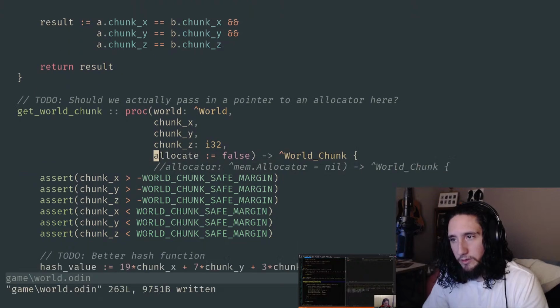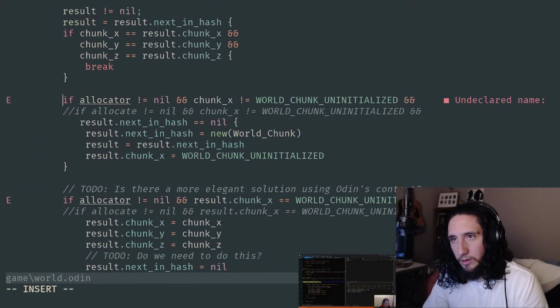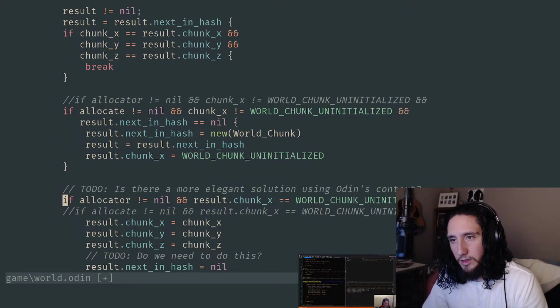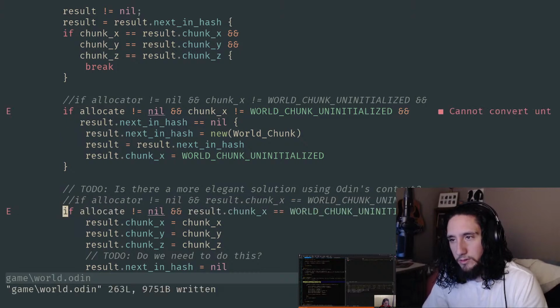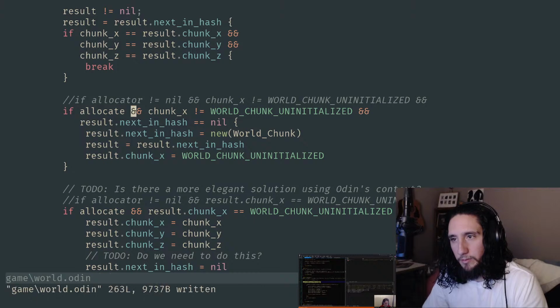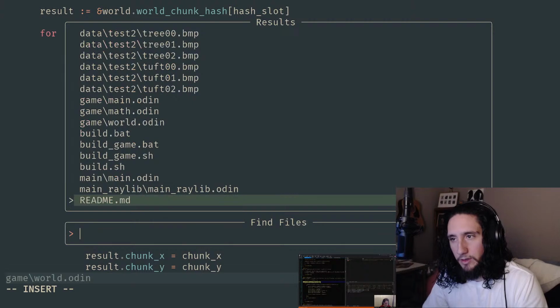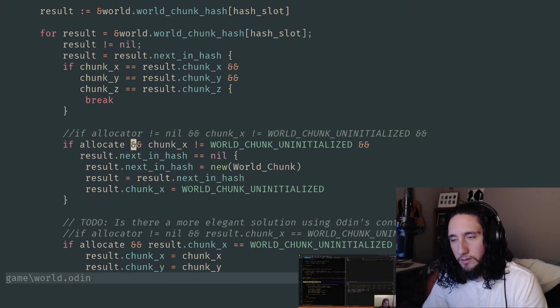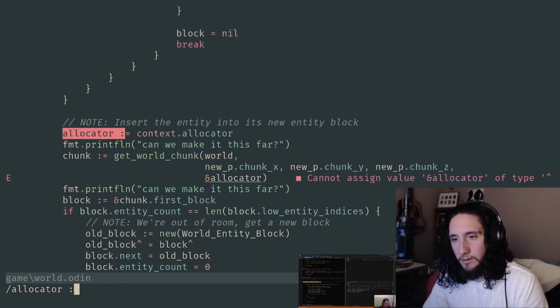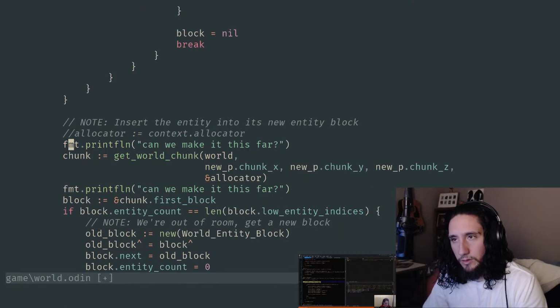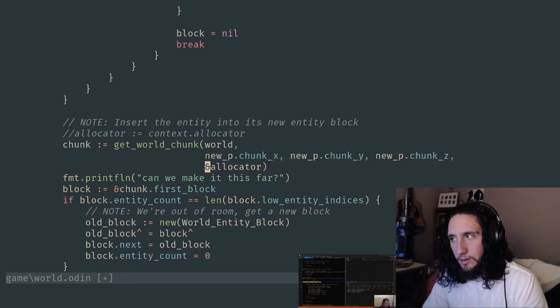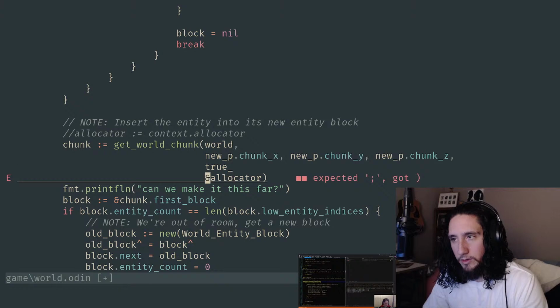If I just do this and go back to the way that was. It's just weird. Because we're not passing it in, so it shouldn't matter. At least I don't think. So we'll just comment that out, and do that.